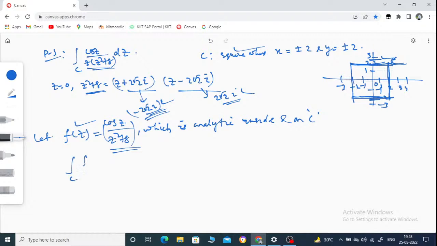Then my problem is the integral of f of z divided by z dz, because only z will be left and cos z divided by z square plus 8 is my f of z. So this is the integral over C of f of z divided by z minus 0, and this 0 is lying inside this curve C, so you can write